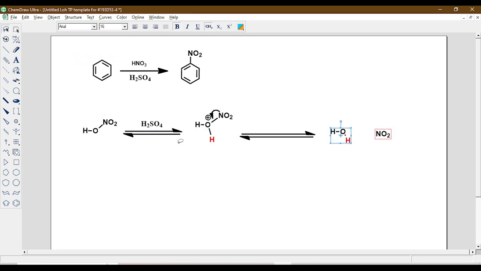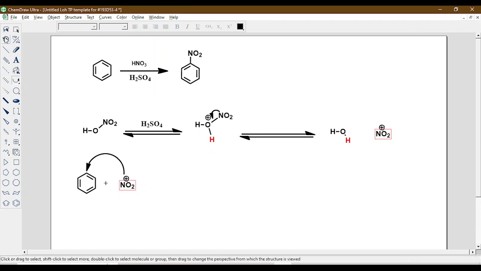Yes. So because of the sulfuric acid addition, there happens a dehydration, and we generate a positively charged nitro group, and this nitro group adds to the benzene ring. So now benzene ring plus this nitro group, this is going to attack one center of the benzene ring. So this would be an irreversible reaction where the benzene gets attached to a nitro group,